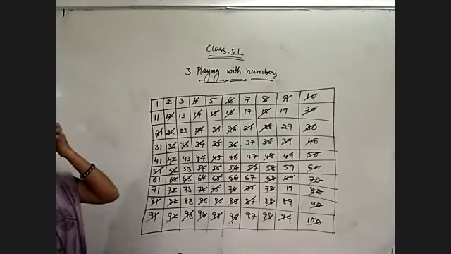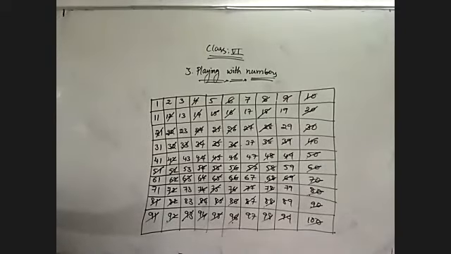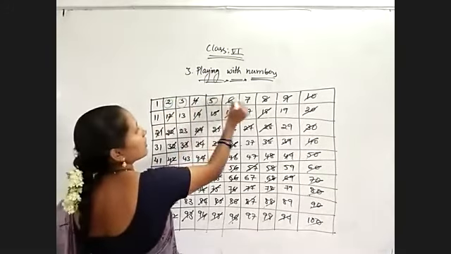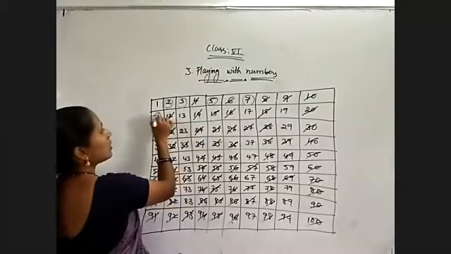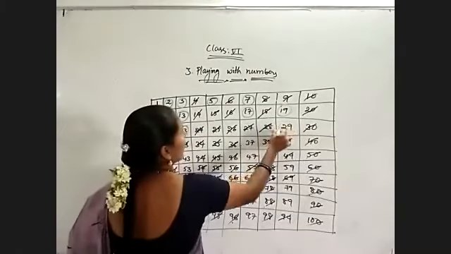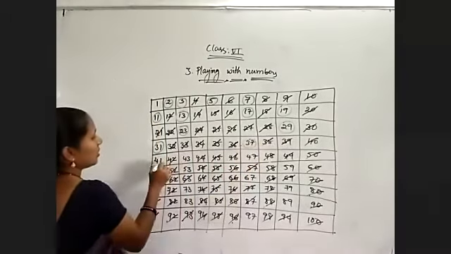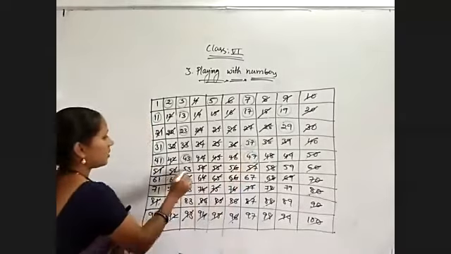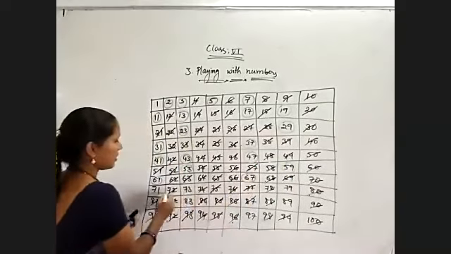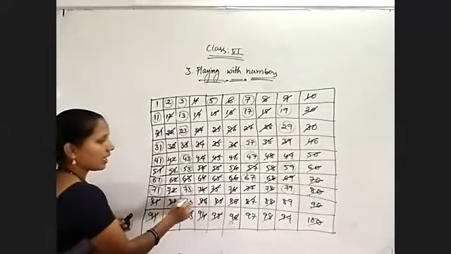Now what are the numbers remaining? Observe. Round up those values. 2, 3, 5, 7, and 11, 13, 17, 19, 23, 29, 31, 37, 41, 43, 47, 53, 59, 61, 67, 71, 73, 79, 83, 89,